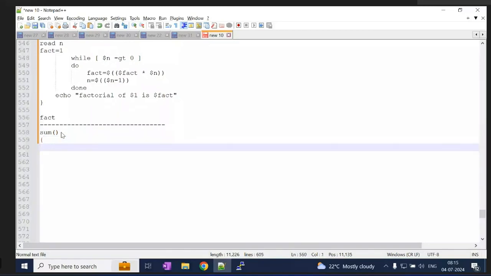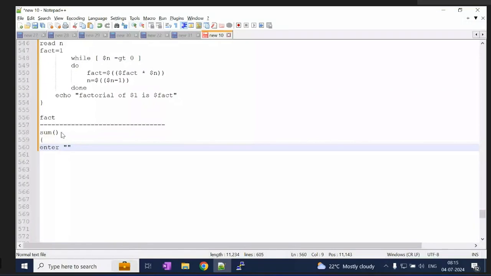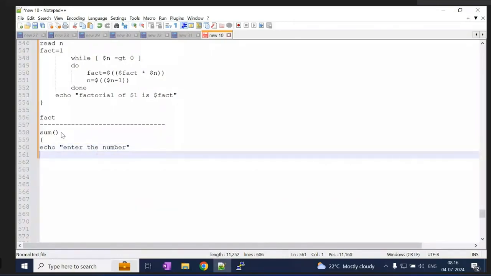Now I'm accepting the value from the user. Echo "enter the number". I'm accepting the value from the user itself.